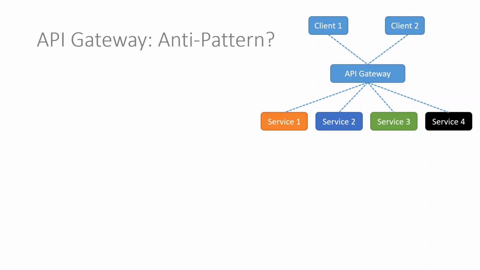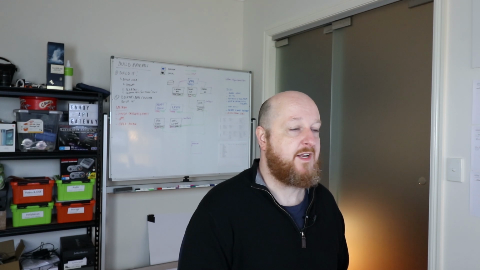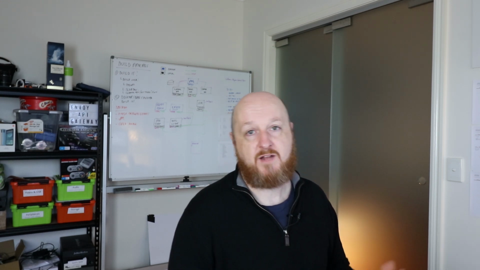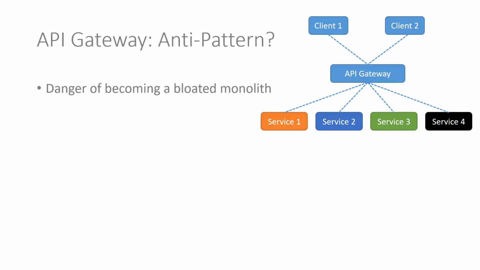You probably noticed though, is the API gateway the ideal pattern? Potentially not, because you've got to be really careful that it doesn't become a bloated monolith itself. And what's a monolith? Just as the name would suggest, it's just this big massive thing that is an anti-pattern really. Certainly for people who advocate for microservices architecture, monoliths are bad. You've invested all this time in developing lots of lovely microservices, but then you're just routing it all through a big monolithic gateway. It breaks the whole concept of why you would do that in the first place.